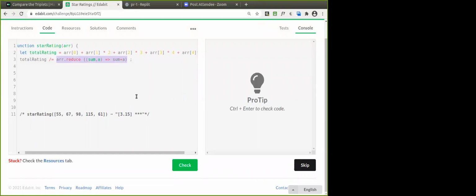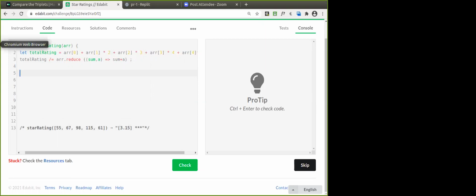Okay. Good. So total rating, whatever you got here, that we have divided by the total number of elements in the array. Is that okay? Now we will be getting a value, isn't it? That could be in the decimals. So what we have to do here? We should get up to how many decimal places? 2 decimal places, isn't it? Up to 2 decimal places. How are you going to get that one? What is the mathematical function that you are going to use for that?